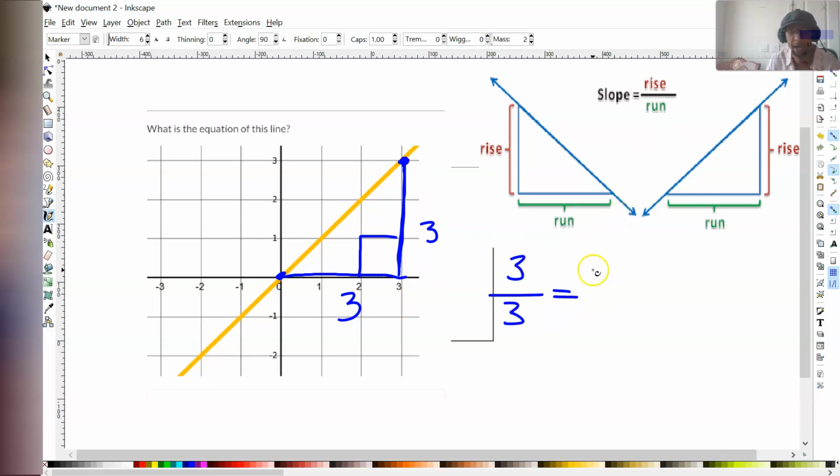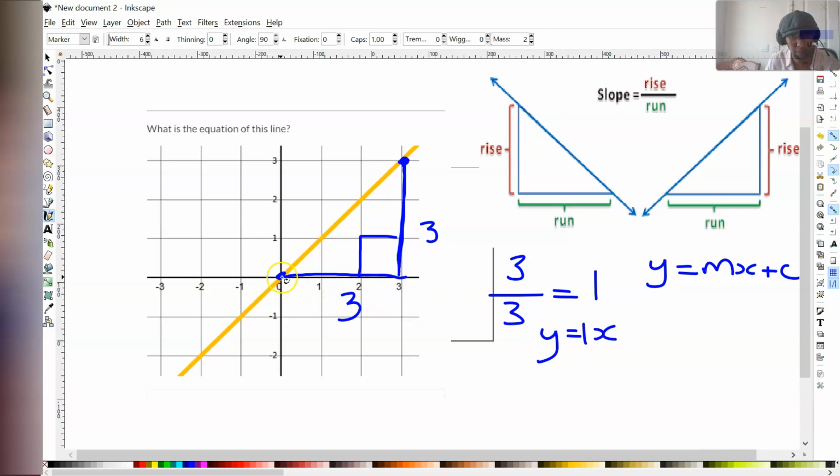Plug that in, we will get a gradient of 1. So the gradient is 1. So just to remember, we have y equals mx plus c. Remember what c was? c was the point that this line meets the y-axis for the first time. So if I rewrite that, that would be y equals, the gradient is 1, so you can write 1x, and